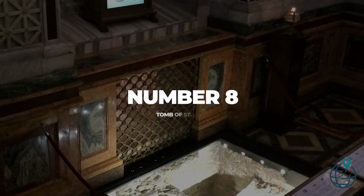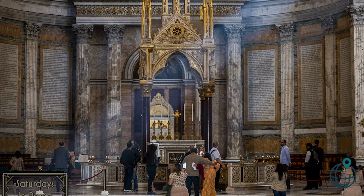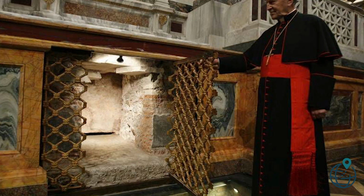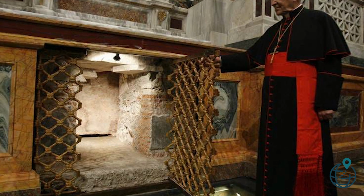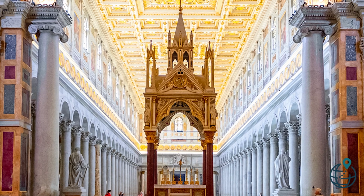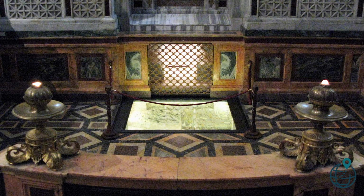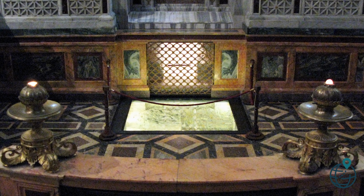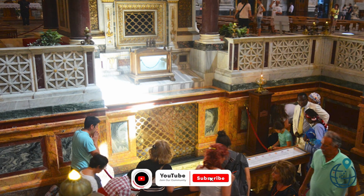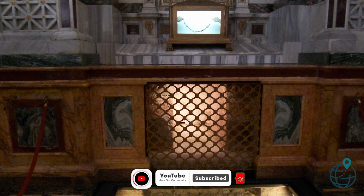Number 8. Tomb of St. Paul. At St. Paul outside the walls, the 4th century basilica, commissioned by Emperor Constantine and rebuilt after the 1823 fire, descend into the marble-paved confessio, beneath the high altar, to see Paul's marble sarcophagus. Inscribed, Paulo Apostolo Mart, it rests atop the remains of a 1st century coffin unearthed by Pope Pius XII's excavations